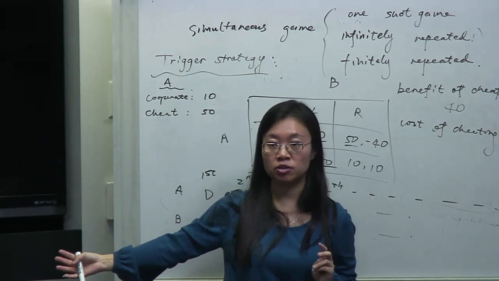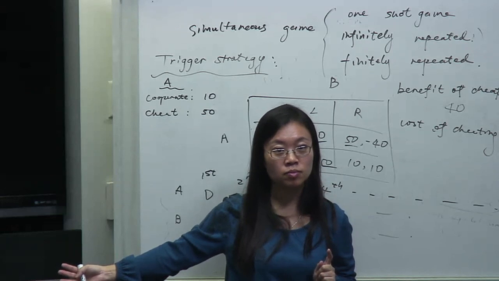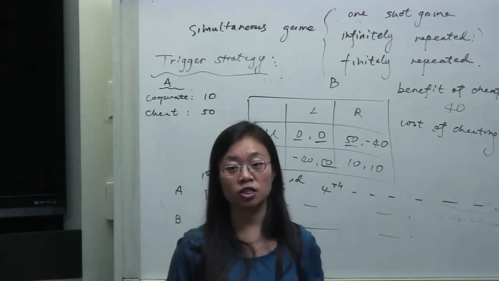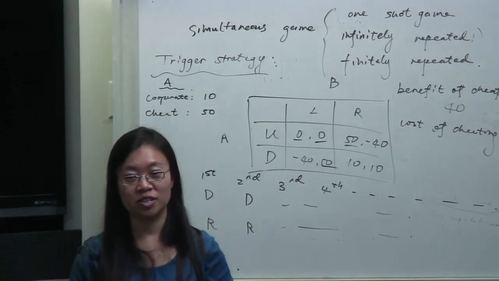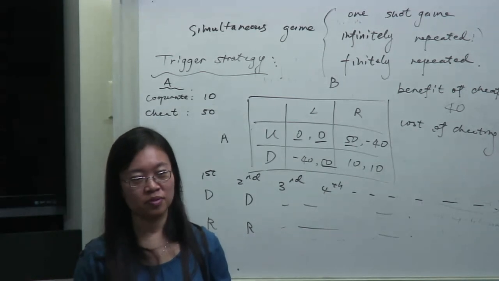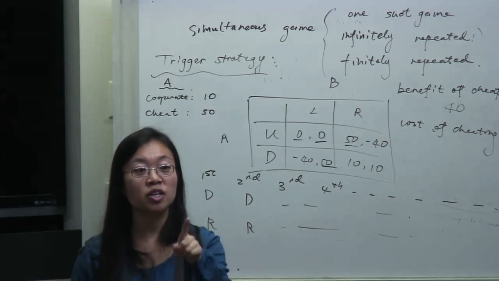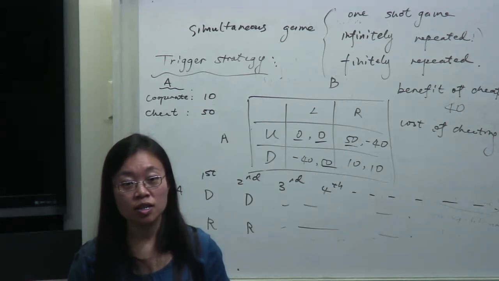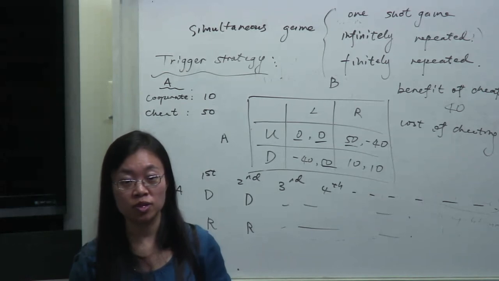You guys have taken a finance course before, right? You learned the present value, the cost of capital. So what is the present value of that loss if you're going to lose 10 from the next round and forever? How do you calculate it? It's more than 10, probably around 10. You guys have learned that, right? What do we call that? Infinite sum. Perpetuity. Yep, perpetuity.